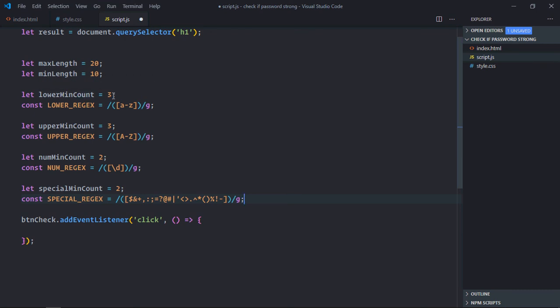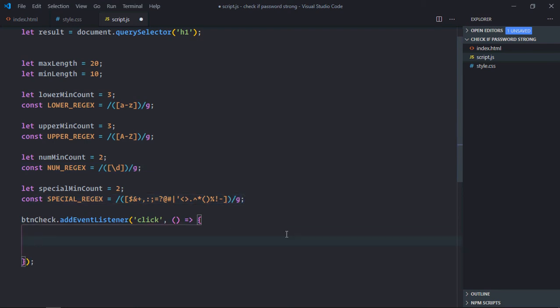It should contain at least 3 lowercase characters, and we are using this regex to figure out the lowercase characters in a password. Same goes in case of uppercase. There should be 3 uppercase letters, and this is a regex which we are using to identify that. Same goes in case of a digit. There should be 2 digits, and this is the regex. There should be 2 special characters, and this is the regex.